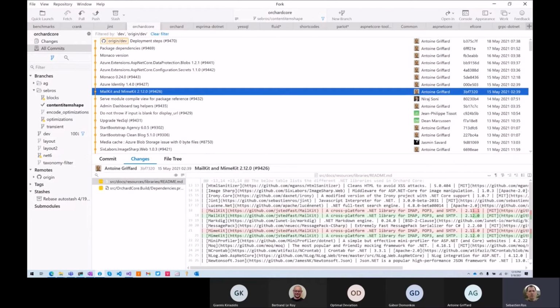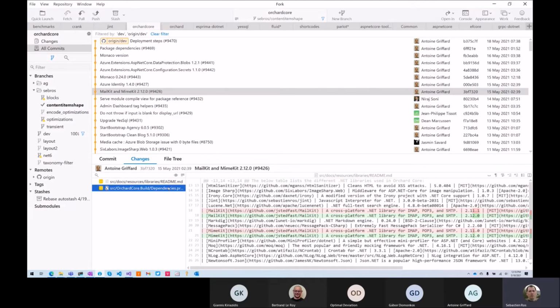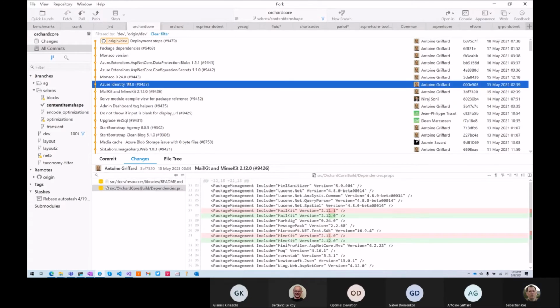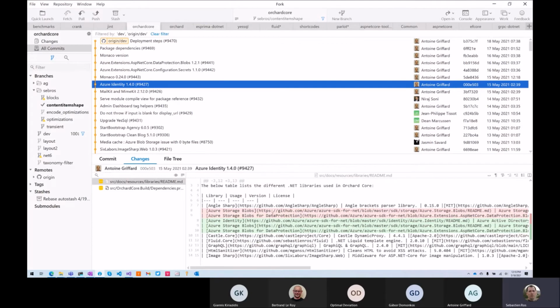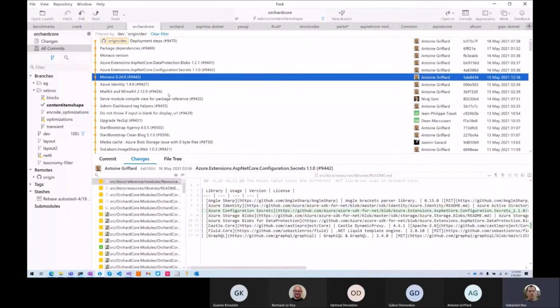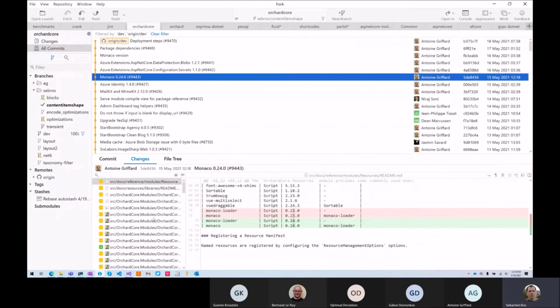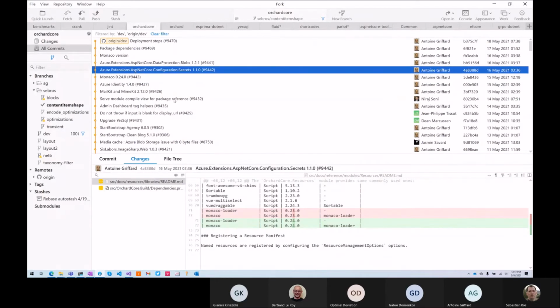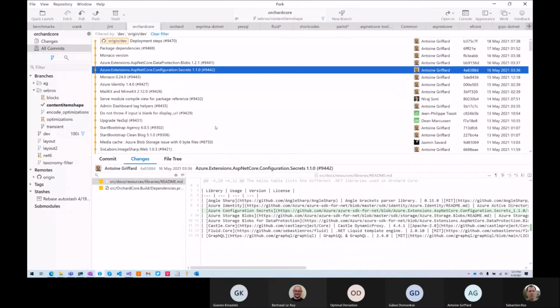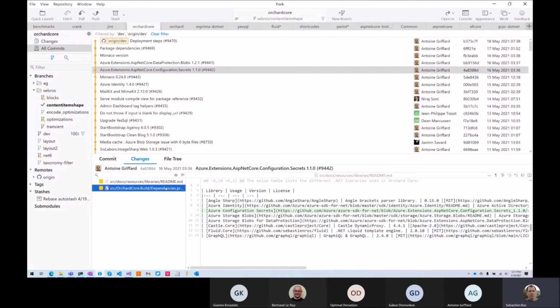MailKit and MimeKit updates. Azure Identity updates. Monaco updates. Azure configuration secrets. What?